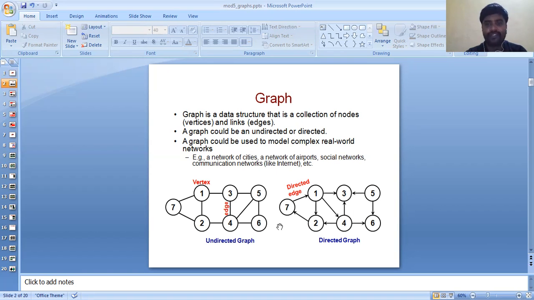In these two pictures we showed directed and undirected graphs and how they work. Each vertex is given as 1, 2, and the link is given by an edge, that is the 3, 4 link. In the directed edges, here 1 is directly connected to 4. So this is how we can represent the graph in terms of vertices and links.